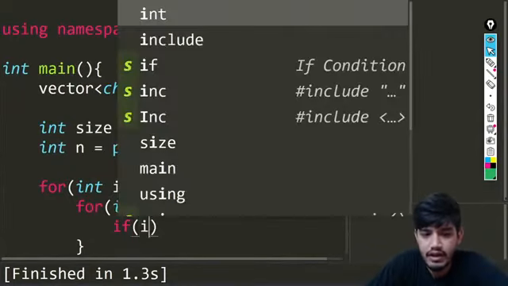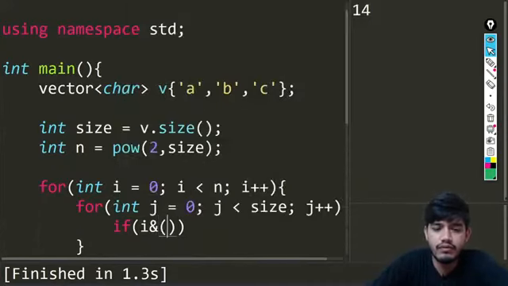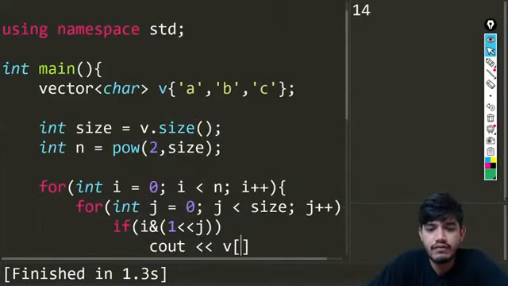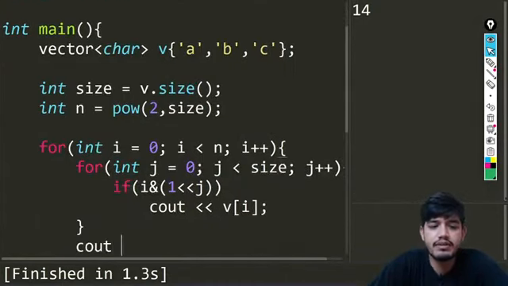So I will check if i AND 1 left shifted j times gives me true, which means I am just going to print my v of i. Once I get out of this loop, I will just print enter.